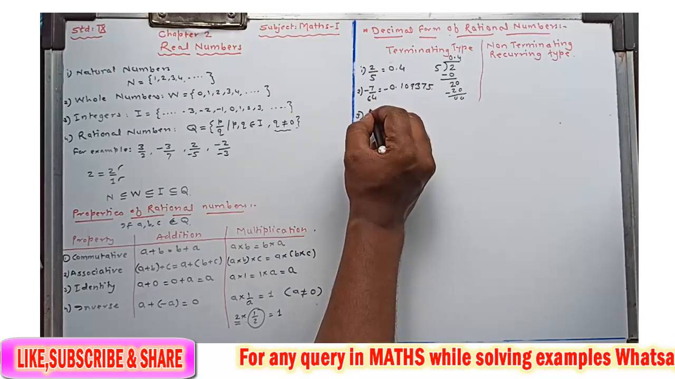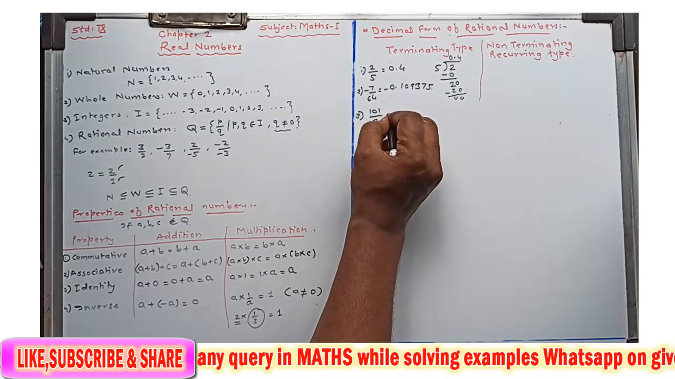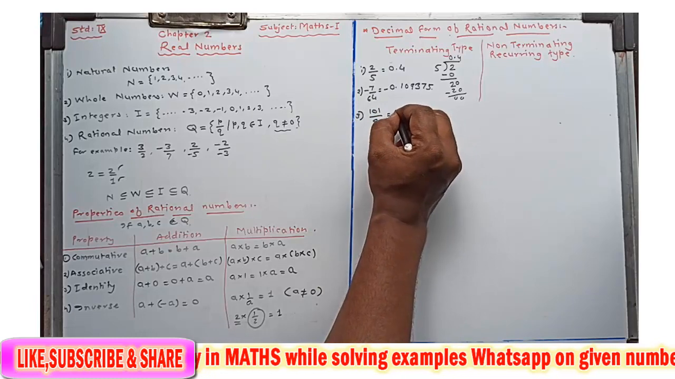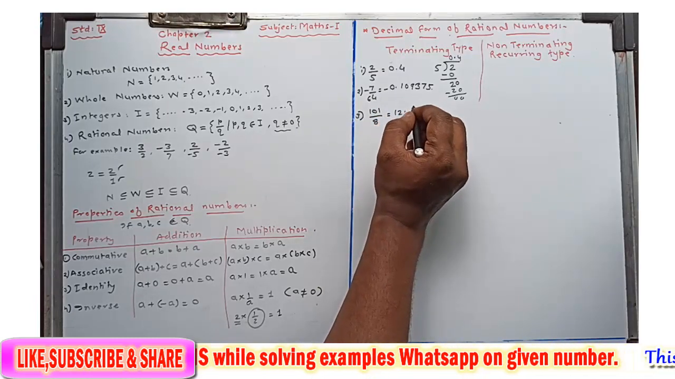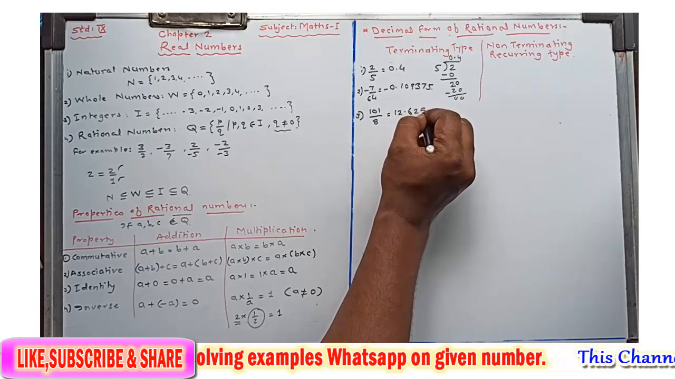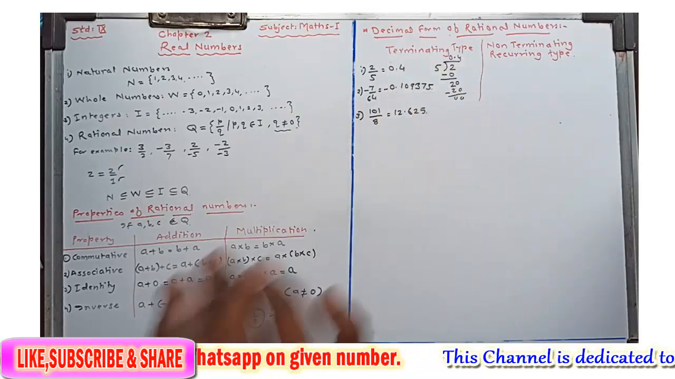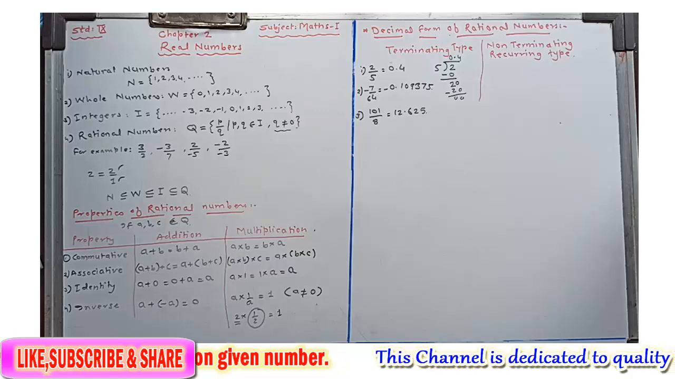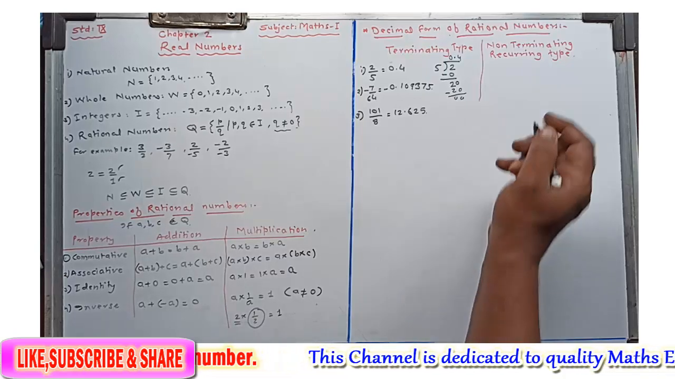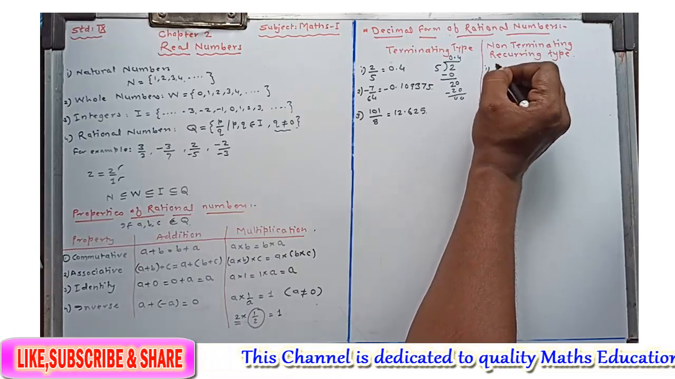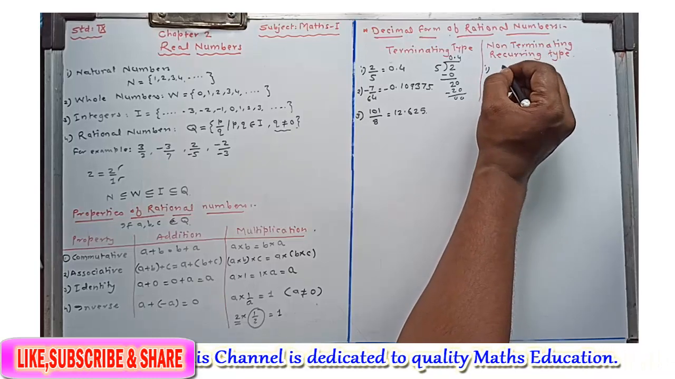The next one is 101/8. 101/8, you will get 12.625. So this is also terminating, because in all the three cases the remainder is always 0, and therefore it is called terminating type. Now non-terminating type, the first example of non-terminating type is